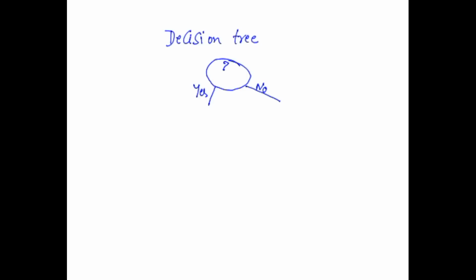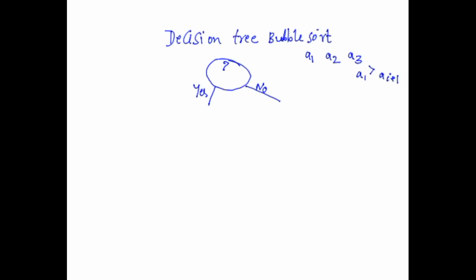Let's look at a particular example of a decision tree. Let's look at the bubble sort algorithm that we studied, and consider its decision tree. In bubble sort, let's say that we are given three distinct numbers a1, a2, a3, and in each of these nodes we take two numbers and ask whether a of i is greater than a of i plus 1. If a of i is greater than a of i plus 1, then we swap these two numbers. Otherwise, we don't do anything, we go to the next one.